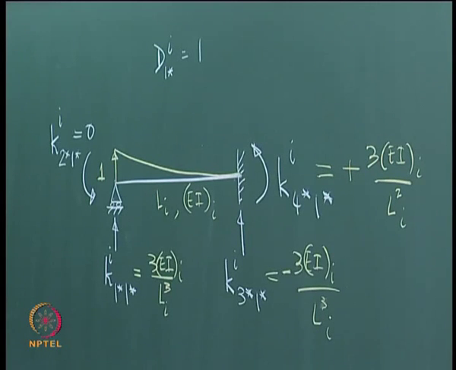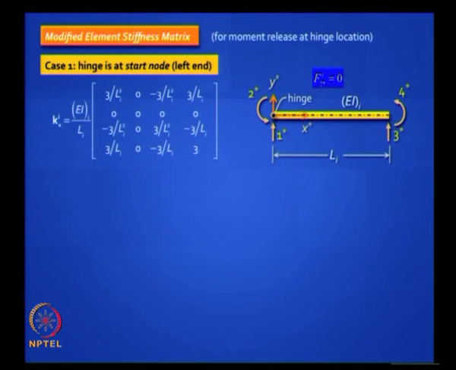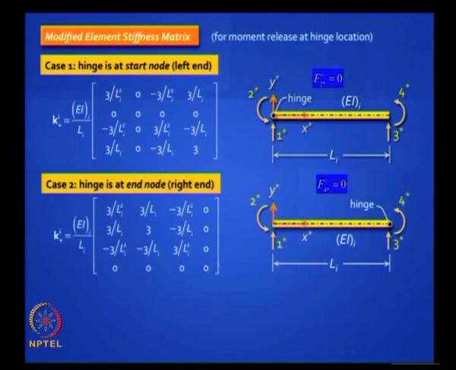So likewise, can you generate all the others? It's not difficult. So this is easy to do once you've understood it. We will be doing this in the reduced element stiffness method anyway, so we are borrowing an idea from there. What happens if you have a hinge at the end node like that? Now which row and which column will turn out to be 0? The fourth row and fourth column will be 0, and you are basically playing around with these numbers. Okay, you will get something like that.